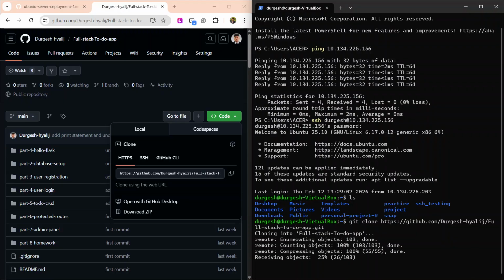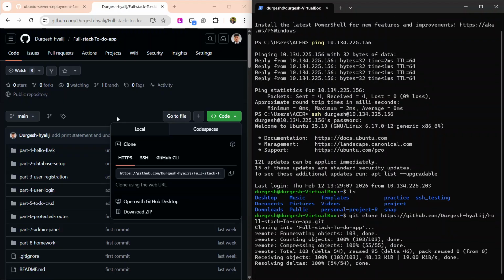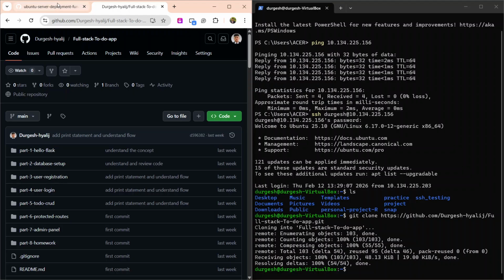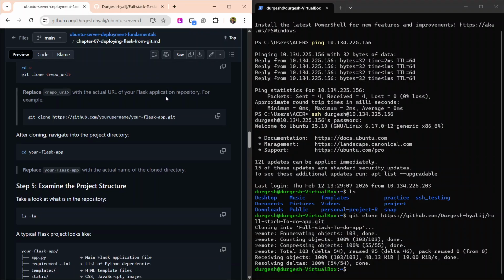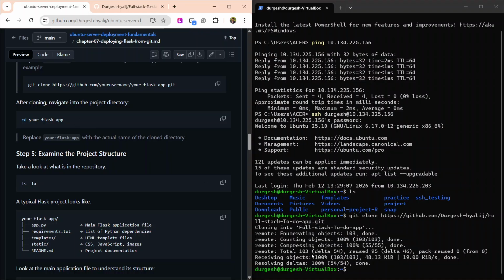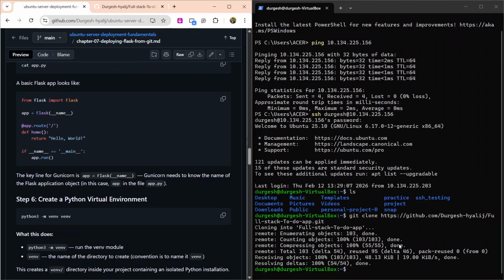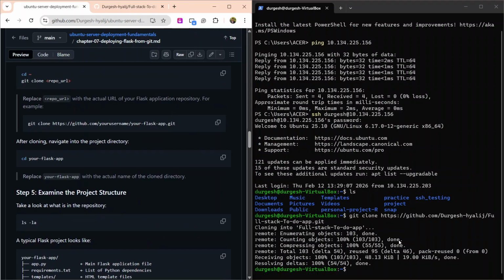It is starting to clone. Then we are doing this thing. Then we are going into the cd, and what's our project name, that is